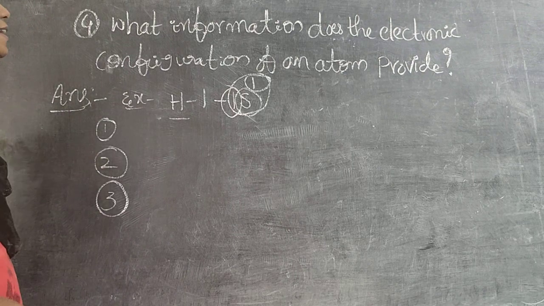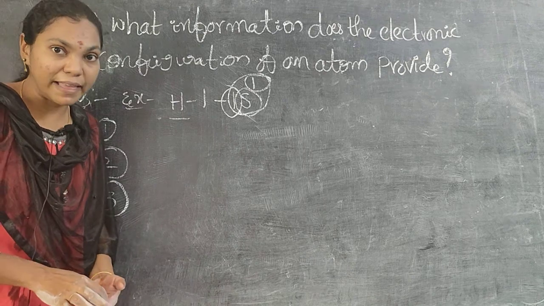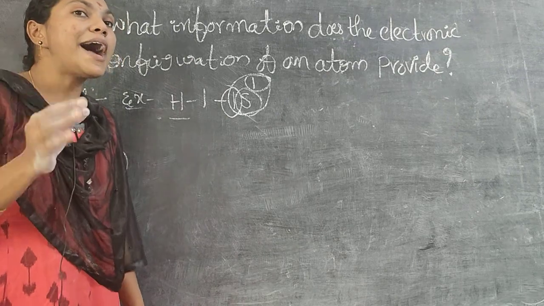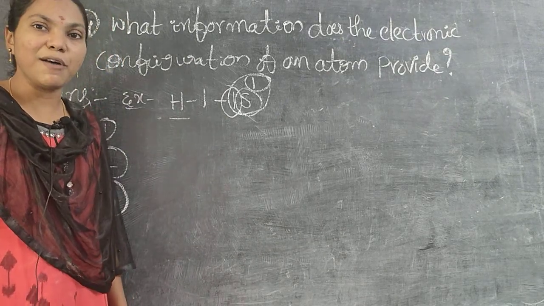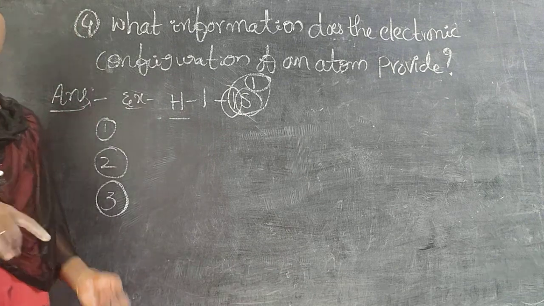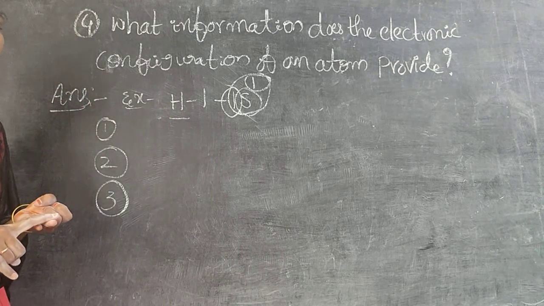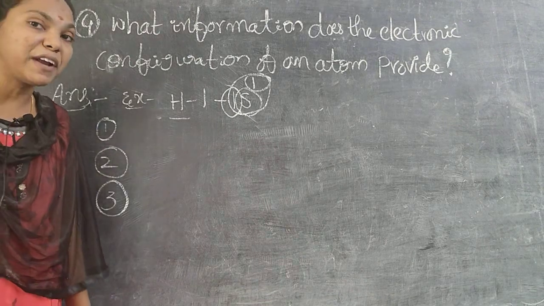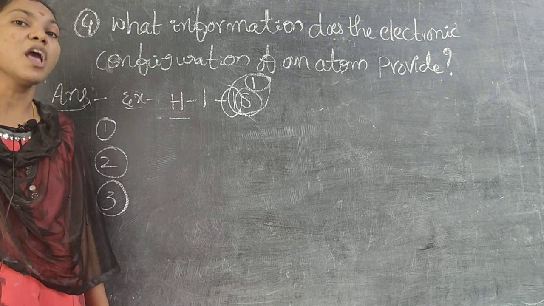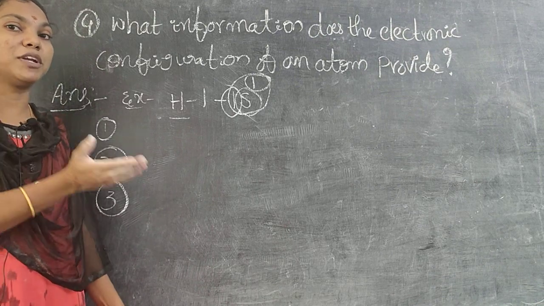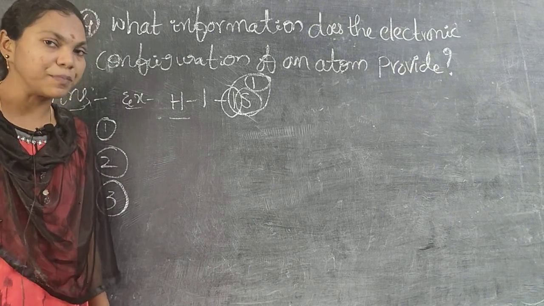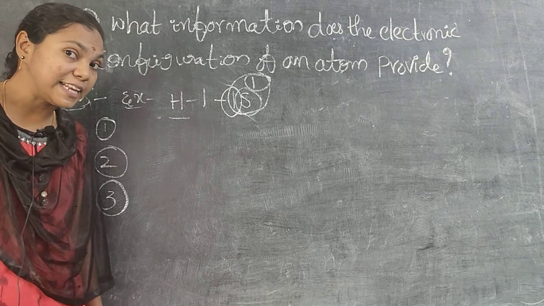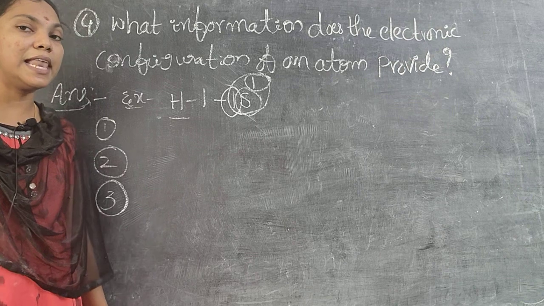Remember, the electronic configuration is a very important method to know the systematic arrangement of electrons in their suitable orbitals. We also know the principal energy levels of each and every atom, the principal quantum number, the angular momentum quantum number, and the number of electrons. We also know the atomic number, because the total number of electrons equals the atomic number of an atom. And we get the number of shells present in an atom, meaning we divide it into K, L, M, N.